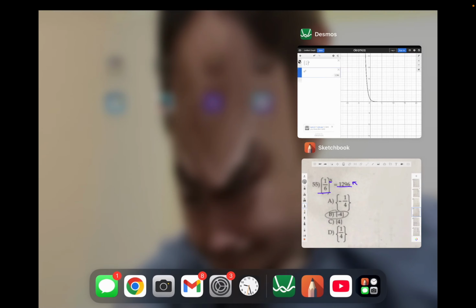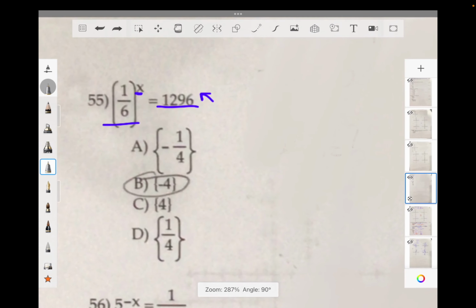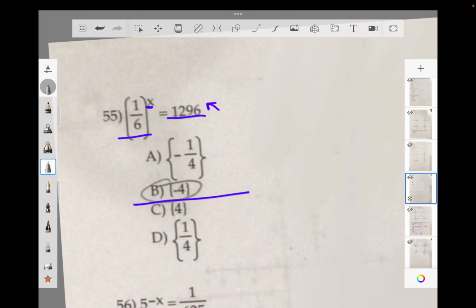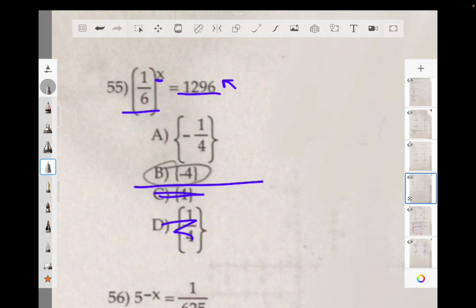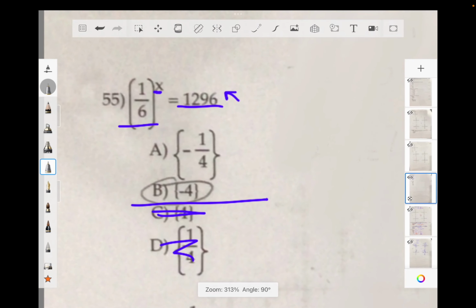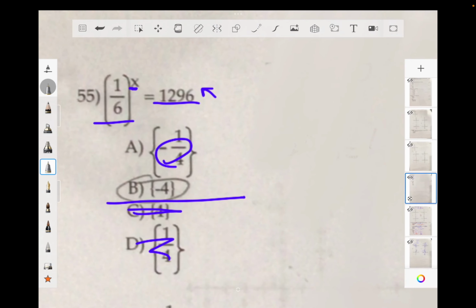I don't know. I guess you could just guess that. Okay, so this is one of those educated guesses. We know it's not C or D because it has to be negative, right? And we know it can't be A because if it was